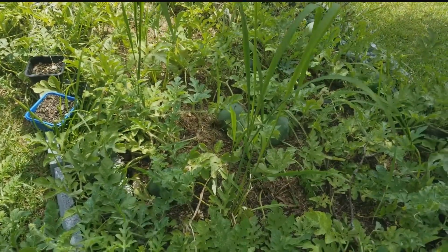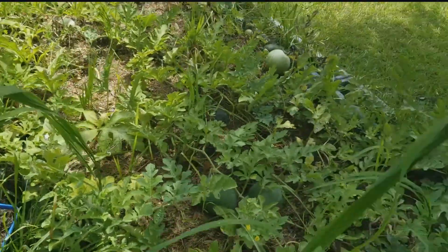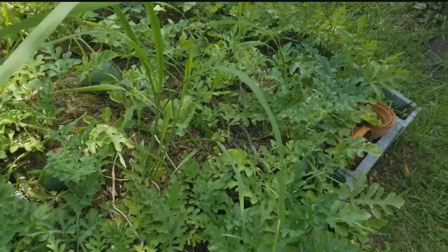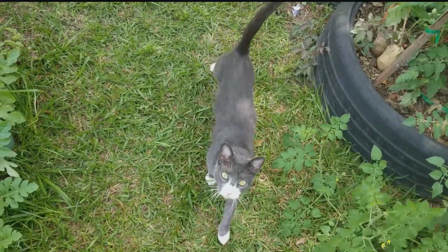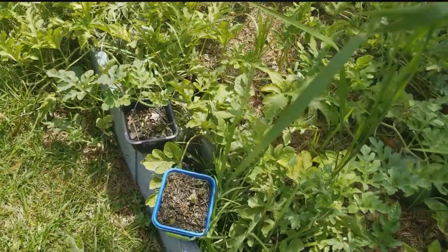But this is the rice, y'all. The rice is now, I don't know, 4 feet tall. It's at least 4 feet tall, at least. We have Chris, the rice cultivator. Man,